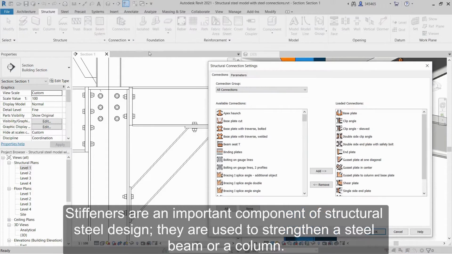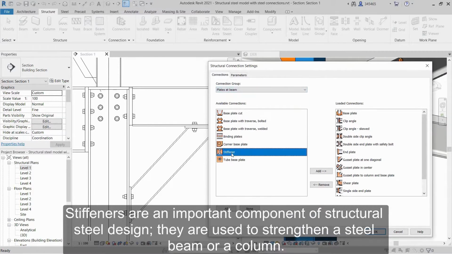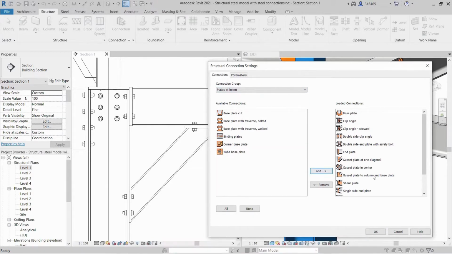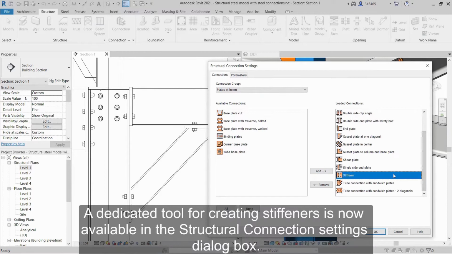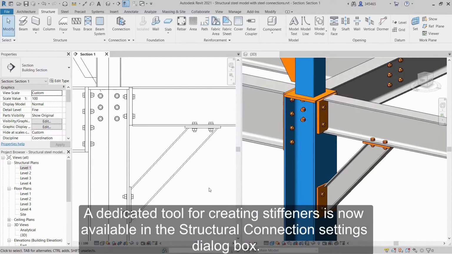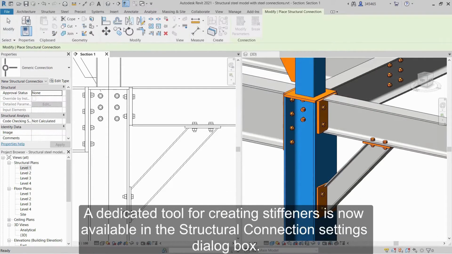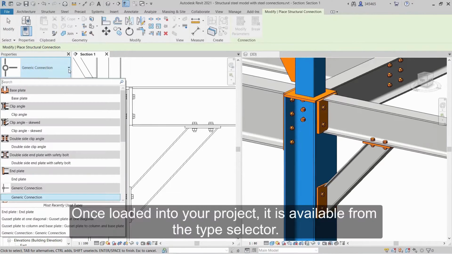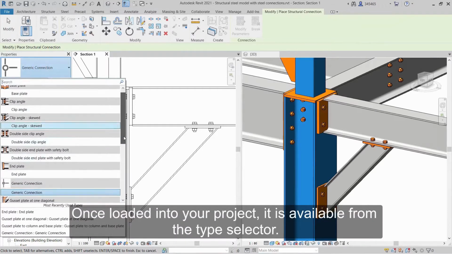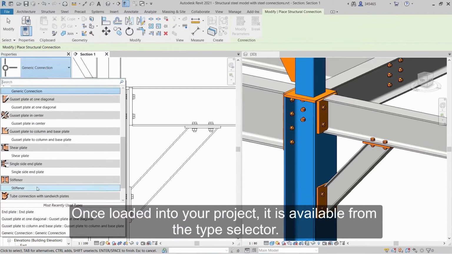Next feature is creating stiffeners on steel beams. Stiffeners are an important component of structural steel design and they are used to strengthen a steel beam or a column. A dedicated tool for creating stiffeners is now available in the structural connection settings dialog box. Once loaded into your project, it is available from the type selector.